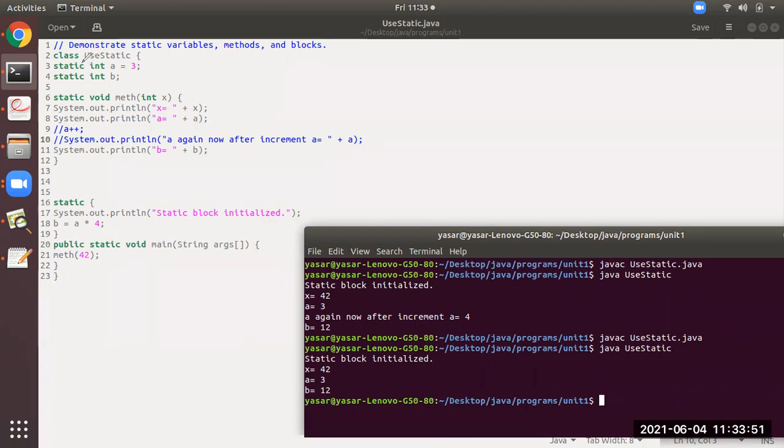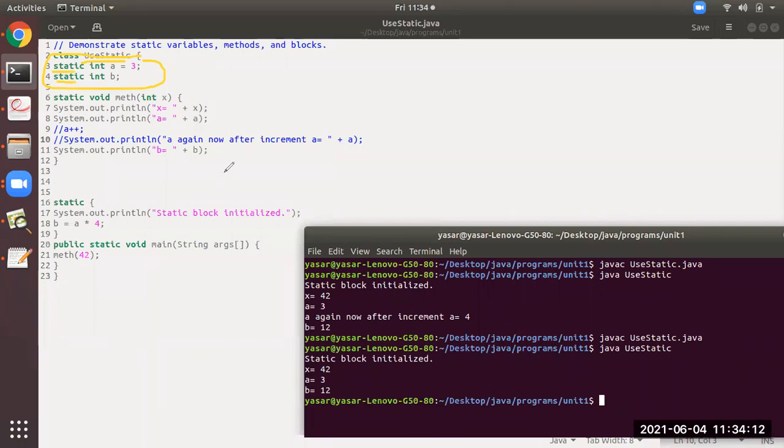The whole class uses static. Now you have to understand which part is loaded first. So you see here there are three variables. In the second and third lines, after line number 2, they are declared with static. So these are the first variables which will be loaded into the memory.